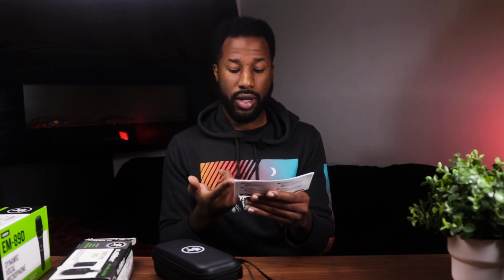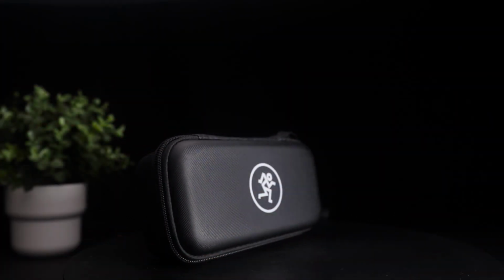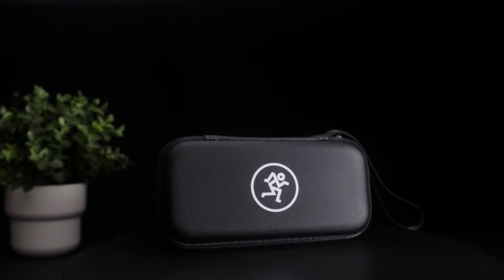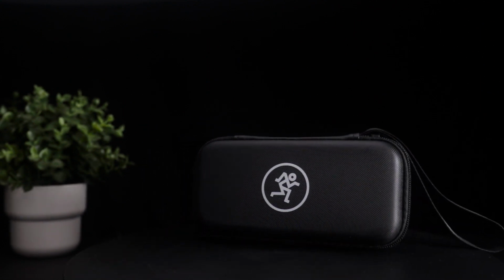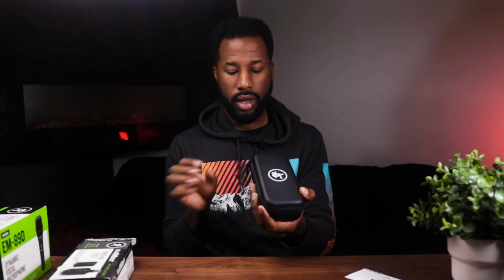Okay, so right off the bat, you're getting a user manual. So if you have any concerns or questions as to how to use this system, then there are some instructions for you. The instructions are given in English, Spanish, French, and also in Dutch. So no issues there. And you're getting a nice little carrying case for your wireless system. There's also a nice Mackie logo on it. The texture feels nice. It feels sturdy enough to protect the contents that are going to be inside. So let's open this up